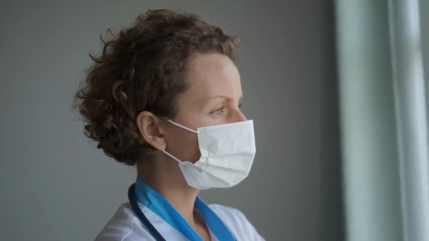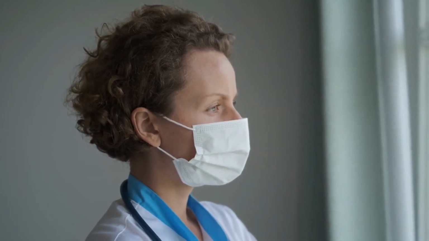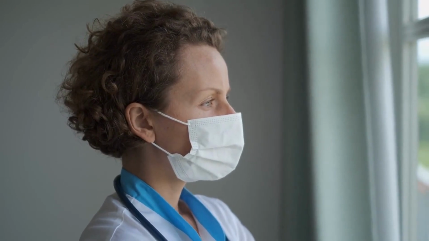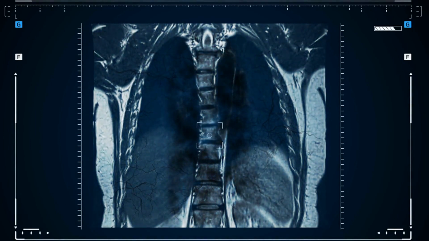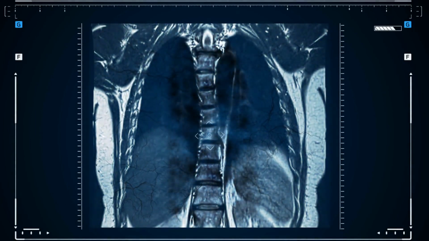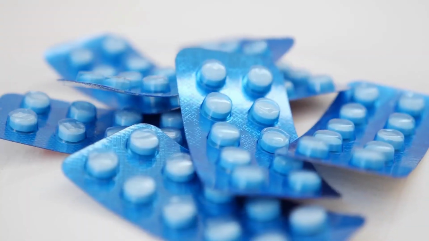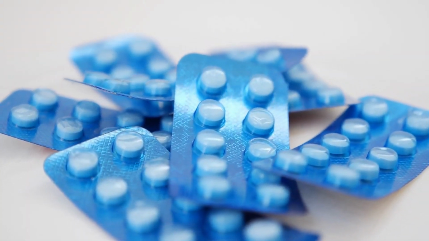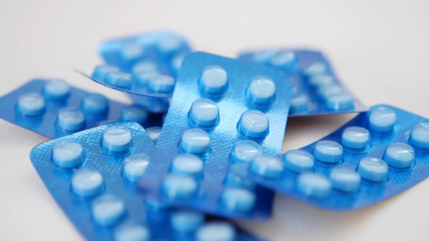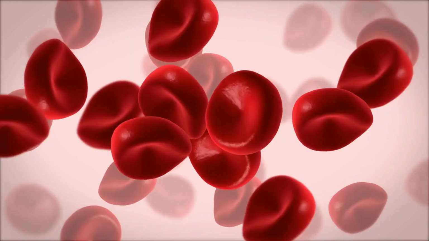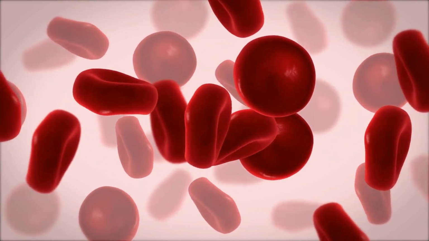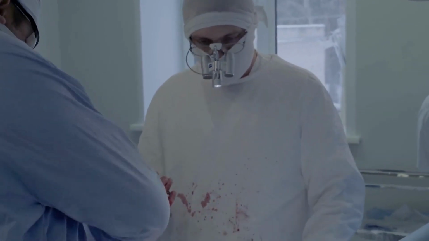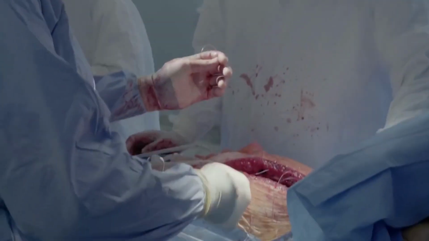What are the treatment options for ischemic heart disease? There are several treatment options available, depending on the severity of the condition. Lifestyle changes, such as quitting smoking, eating a healthy diet, and exercising regularly, can help improve blood flow and reduce the risk of complications. Medications, such as aspirin, beta blockers, and nitroglycerin, can help manage symptoms and prevent blood clots from forming. In some cases, surgical procedures may be necessary to improve blood flow to the heart. These procedures may include coronary artery bypass surgery, angioplasty, or stenting.